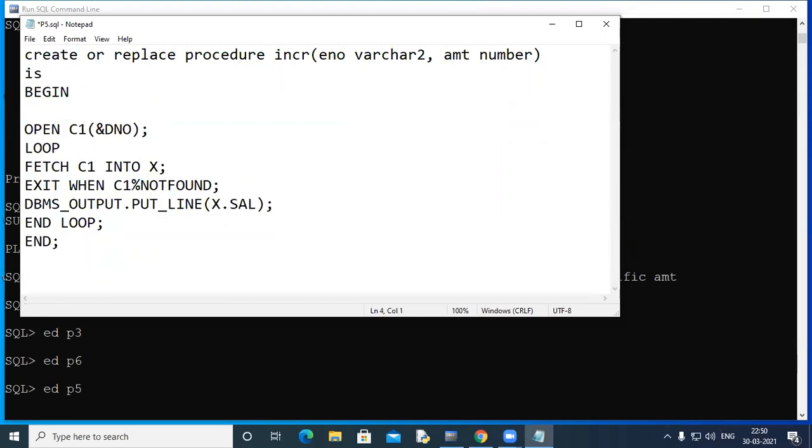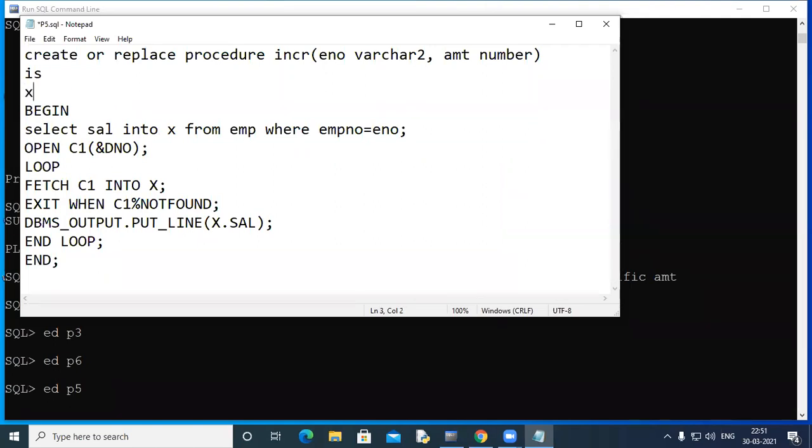And then begin, I can write select sal into say X from emp, where emp number equal to ENO. ENO is the argument there, right? And I can declare a variable X here. X is emp dot sal percentage type.